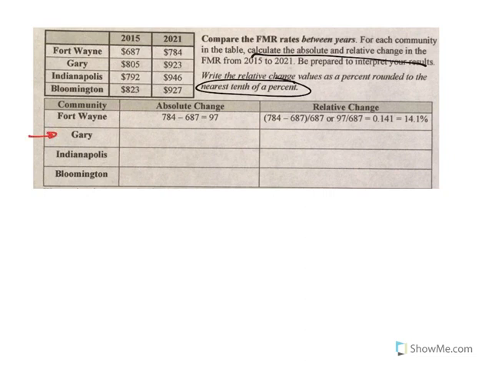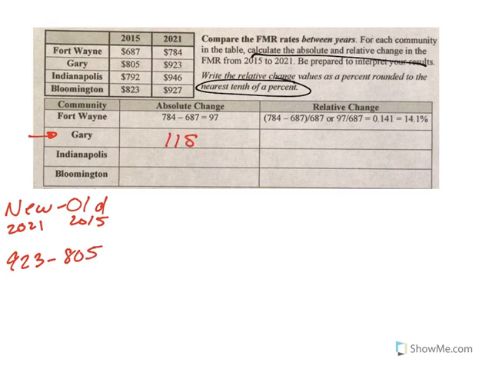So when we're looking at Gary here, to find absolute change, remember absolute is new minus old, where old is our reference value. New is going to be for the year 2021, old will be for the year 2015. So for Gary, we take 923 minus 805, and that gives us an absolute change of 118. Now, to find our relative change, we take the absolute change and divide by the reference, or the old value. So 118 divided by 805 gives me